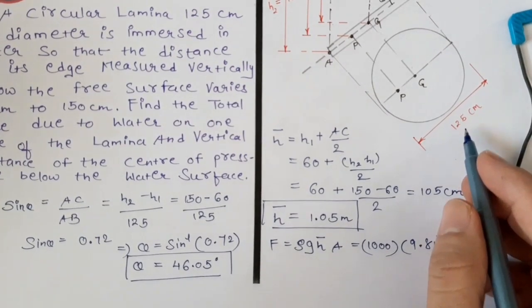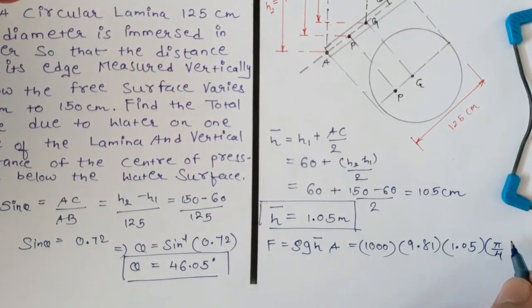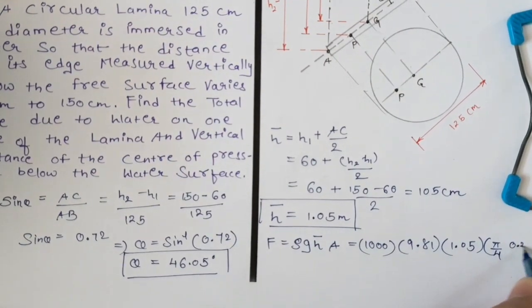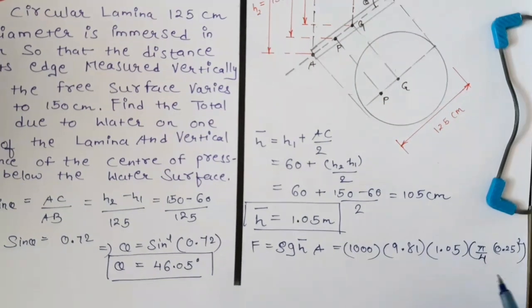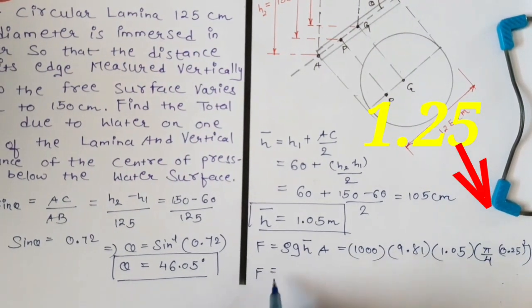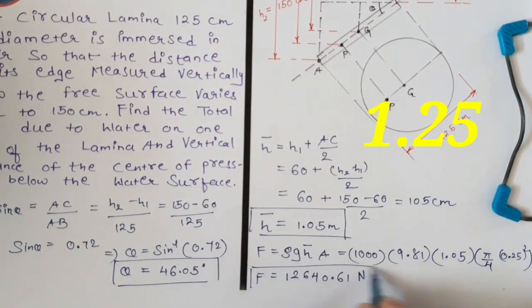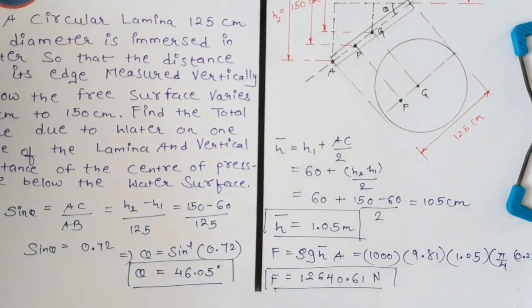Diameter is 125 centimeter, converted into meter. Okay, so it will be 0.25, the whole square. So F you will get, F equals 12640.61 Newton. So this is the total pressure. So now we want to find the